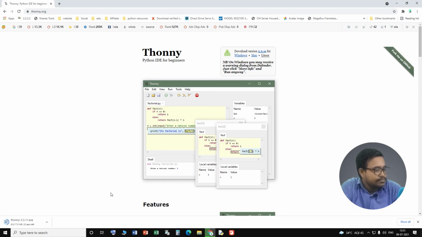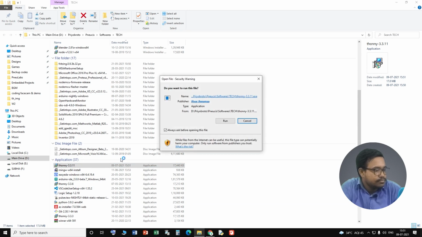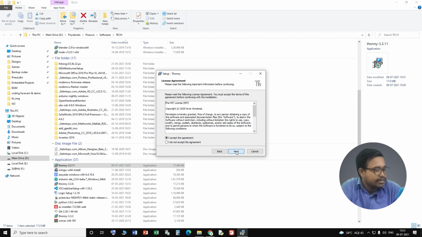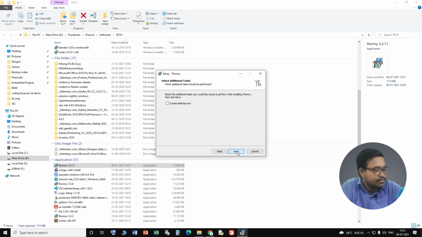To install Thonny, double click on the .exe file and follow the installation wizard. Run, next, accept agreement, and then next, and then select where you want to install it and then next, and check create desktop icon, and next and install.